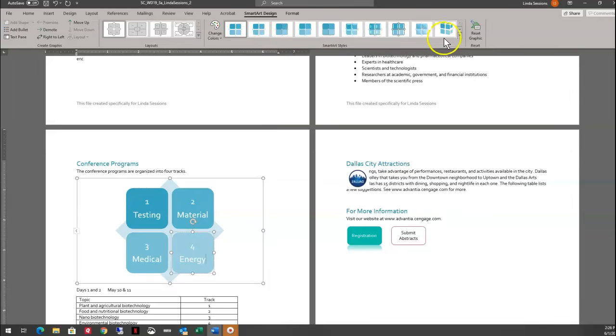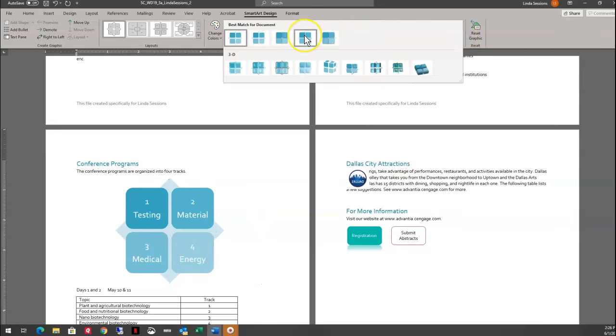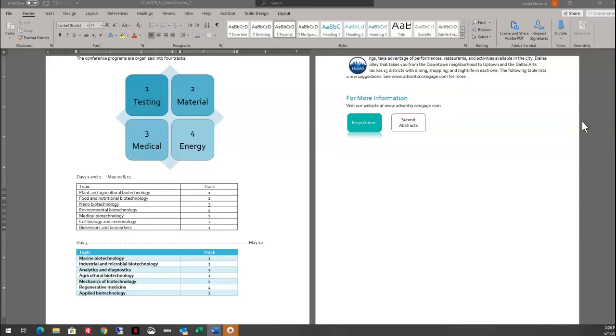And I want the SmartArt style to be the subtle effect. Let's see if I can find my place again. Ready for number 11. I want to set the tab stop at 6 inches with right alignment and leader option 2 for the paragraph days 1 and 2. So right here,